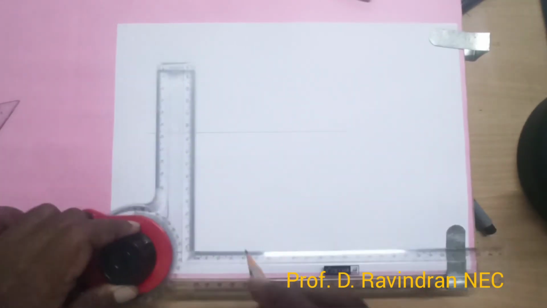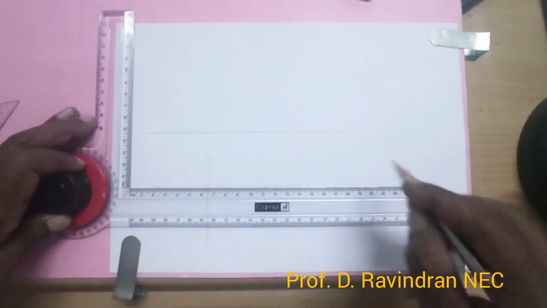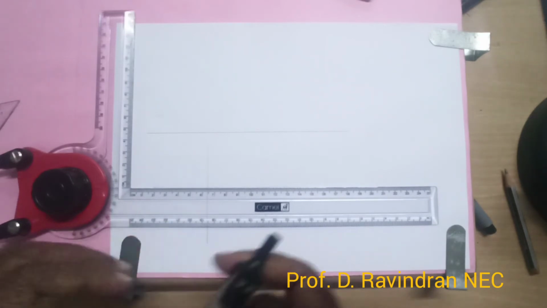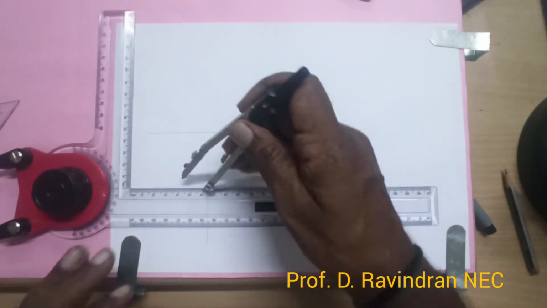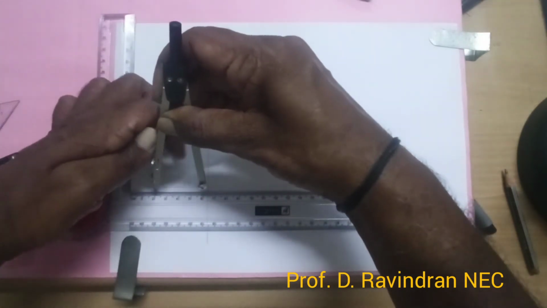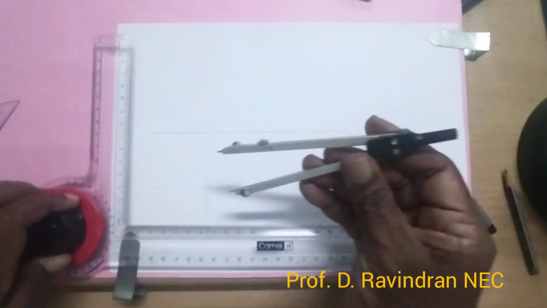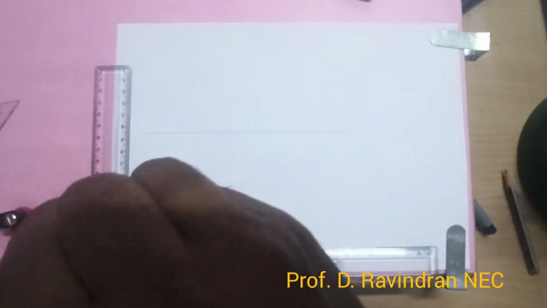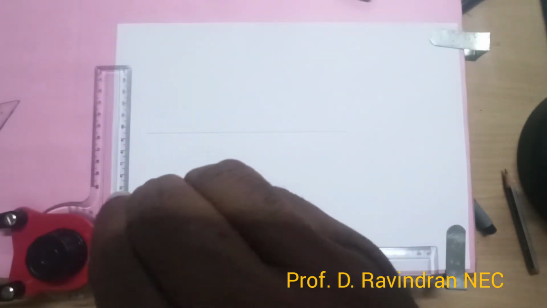Construct the XY line. Here, to construct the circle, we can draw two cross lines so that we can construct it easily. A 60 mm diameter circle means radius 30 mm, so we take a radius of 30 mm. Then draw the circle from this center. Gently draw the circle without slipping.